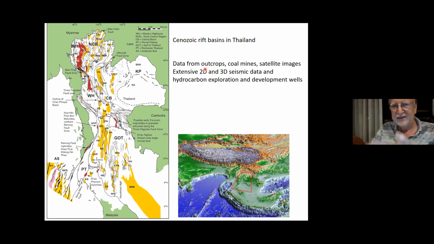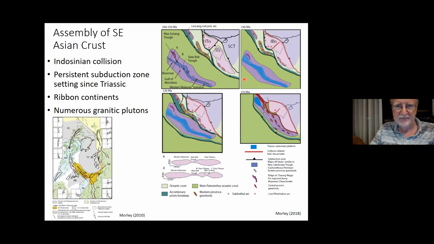And I should point out the data we have from outcrops, there's some coal mines, satellite images, as well as industry data. Okay, so the Southeast Asia crust began to be assembled during the Indosinian collision, orogeny, which is during the Triassic. And so there's some sketches here of the blocks that I'll be talking about. So Sibumasu here,